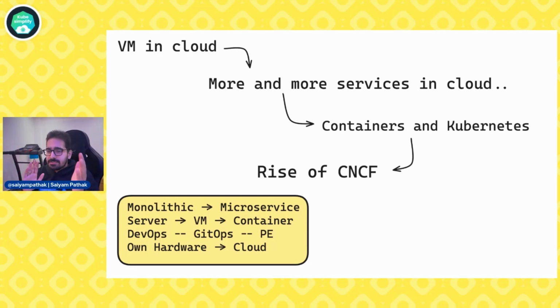We say monolithic to microservices, which to some extent is true, because there are still monoliths being developed and deployed. So not everything is microservices. And we went from servers to VMs to containers, but we still are using servers. We still are using VMs. We still are using VMs on Kubernetes, and definitely we are using containers, and we are moving one layer down, which is WebAssembly. So we are seeing a lot of changes happening. We are seeing DevOps, then the evolution of that, or addition to that, GitOps, and then the evolution of that, platform engineering, to have your own internal developer platforms.